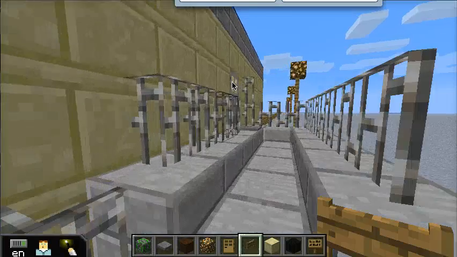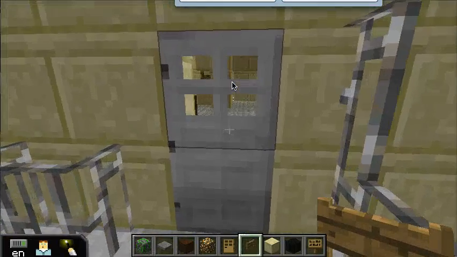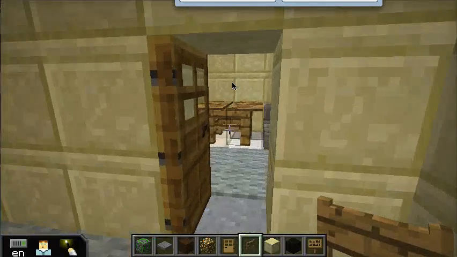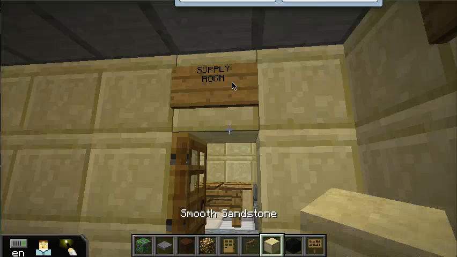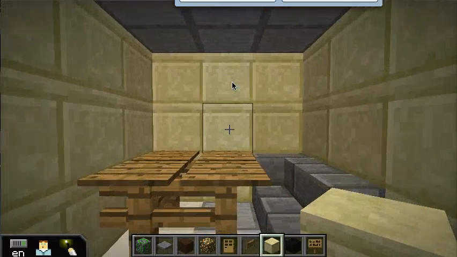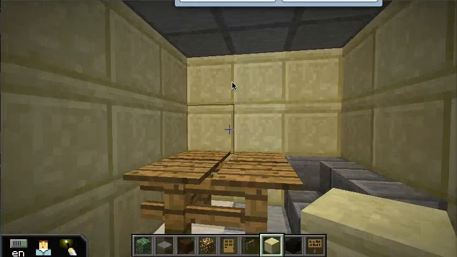We're going through the visitors side. The visitors go through this side because the front gate is locked during school hours. This is the supply room. Teachers go here to get supplies when they run out of the supplies that they already have. There's only a little bit of supplies in the supply room, and there's a lot more in a warehouse, not